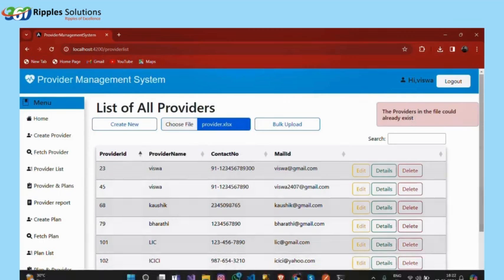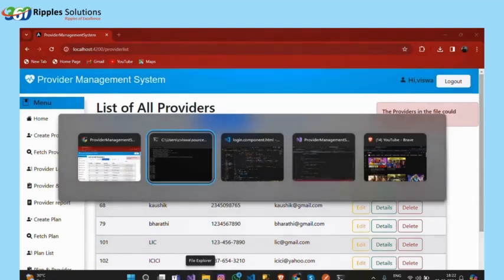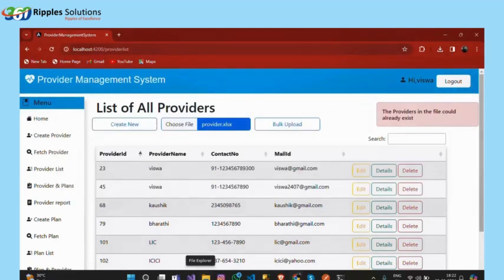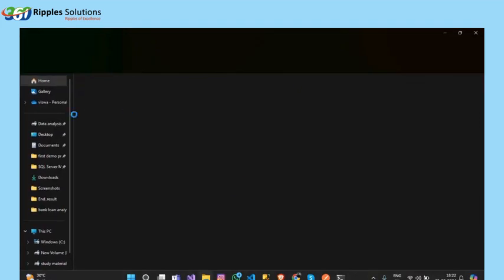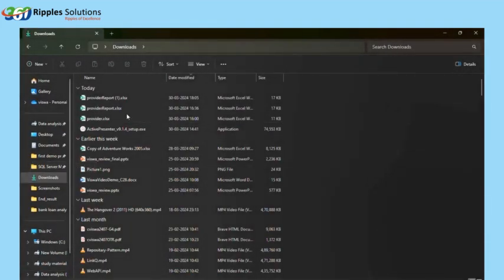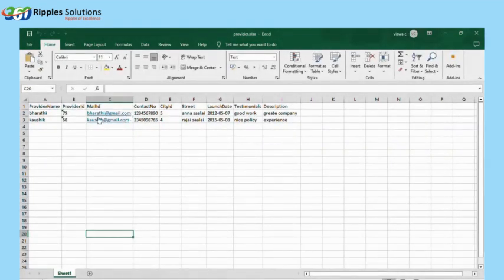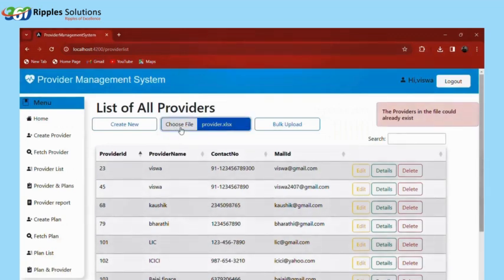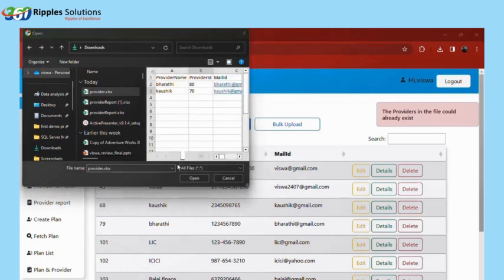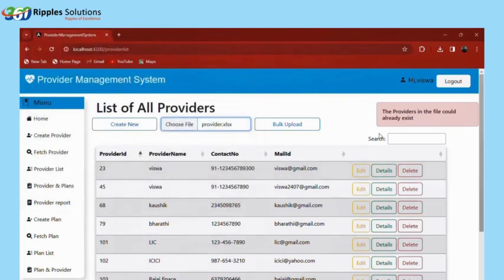So if I try to access and change them, I can fix them. So for example, let's see. Yeah, this is the provider ID, no? So I am changing this provider ID to 80, and then I am changing this provider ID to 70, and then I am saving this file, and I am choosing this file, 80 and 70. Okay, and then if I click bulk upload,